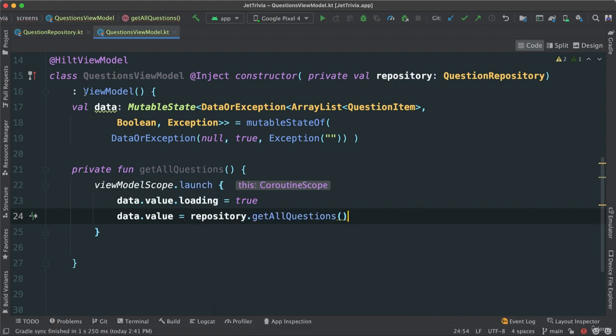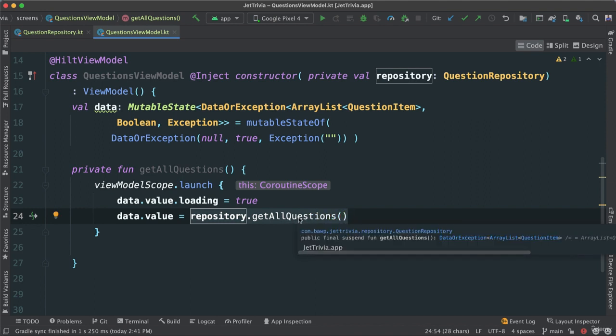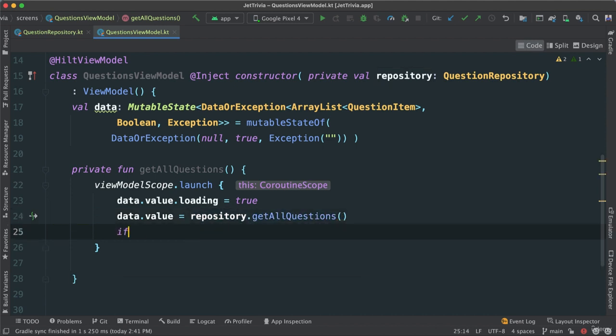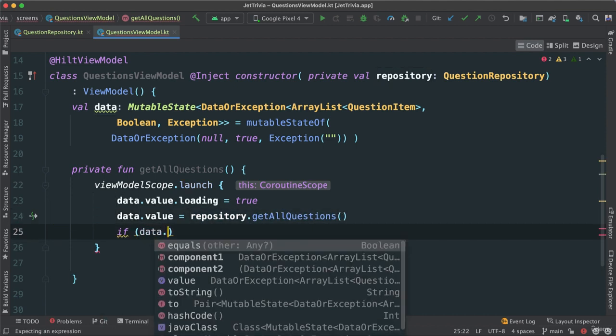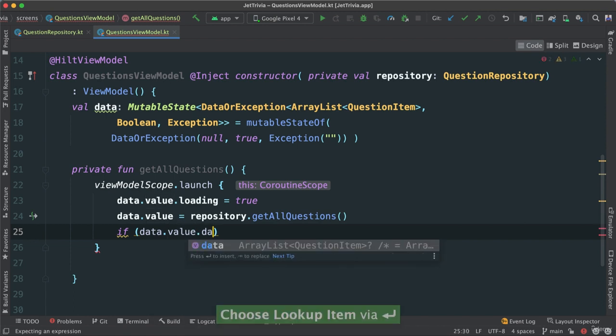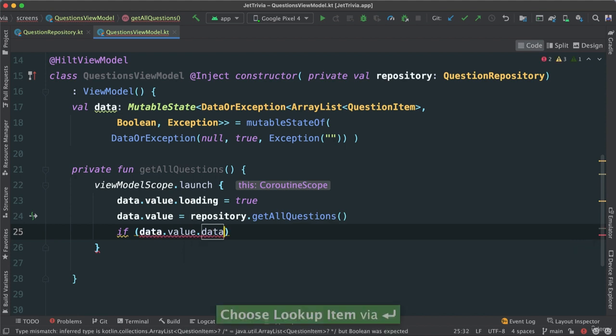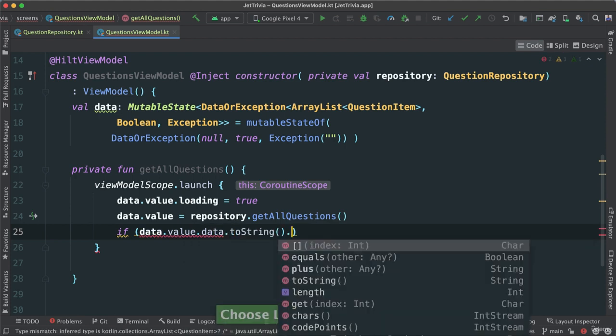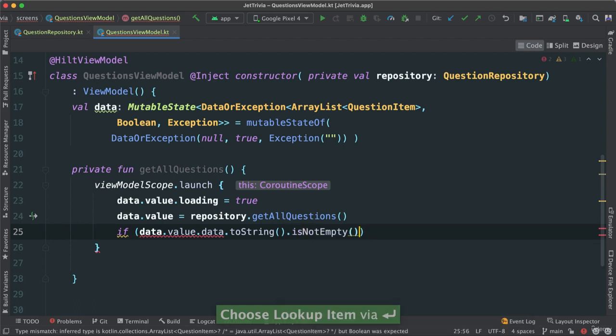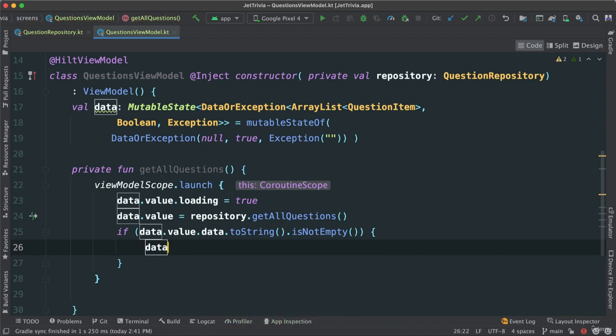So I'm setting up our data here to just get all the information we may be getting from our get all questions, which knows how to go and get the information from our JSON API, right? And then I'm going to check here if data.value and .data. So I'm going into my data or exception, right? Array list, check there. If toString, I'm going to say toString, and is not empty, if that's true, then that means then I can say data.value